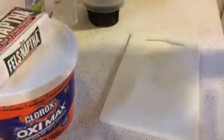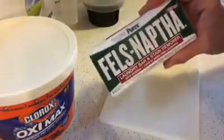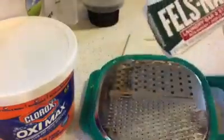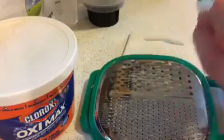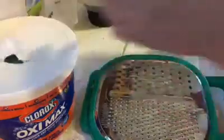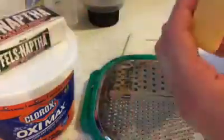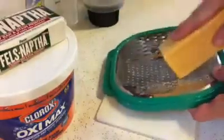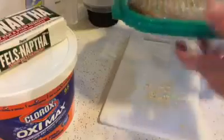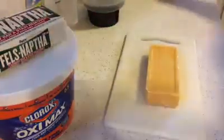I started off grating this, but it got to the point where I was like, okay, I cannot spend an hour sitting here hand grating. And one thing I realized is I need a bigger grater. I need an industrial size grater. But I wanted to save this last one to show you guys what I did do. So this is my number 6 bar. When you grate it, it looks really nice. It's nice and small, looks like tiny little cheese. Fantastic. Instead, I decided to go the food processor method